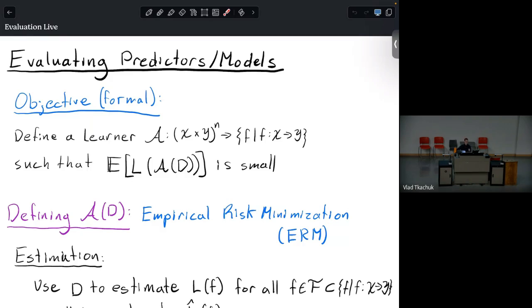Let us begin with a little bit of a review from last time and then into the new stuff. So let us remind ourselves where we ended, or what we covered before, which is this topic of what we call evaluating predictors or models. We had this learner, this ERM learner, it produces a predictor, and we just want to